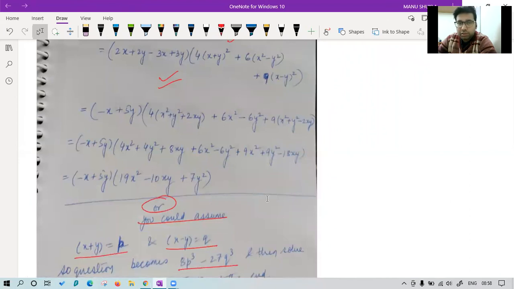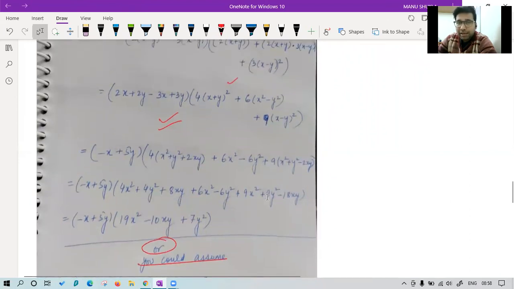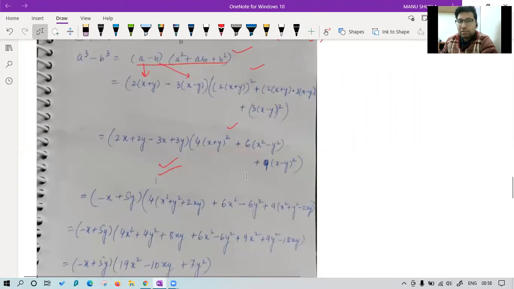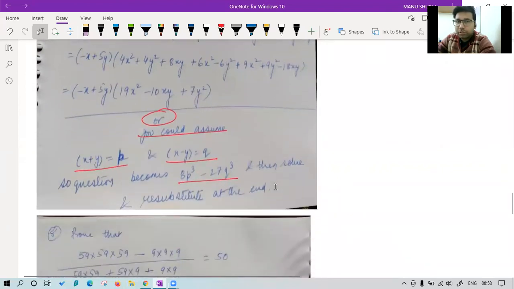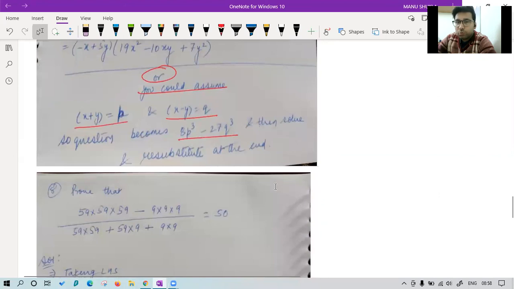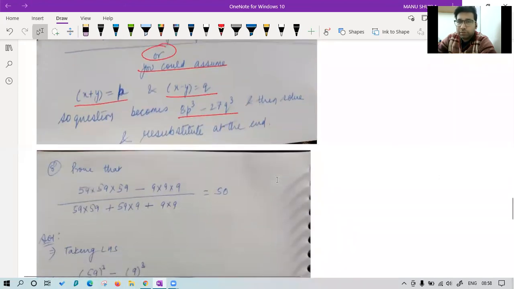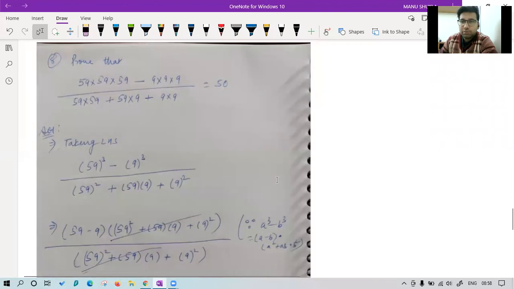Yes, the solution part is not that easy. It is quite lengthy to solve, but with practice, and the main thing is you have to maintain some distance between the steps. The more clearly you write, the more the chances that it will be a correct calculation. If you write in a congested way, then the chances of mistakes will be more. So keep this in mind. Whenever you are solving a complicated question, don't think of space. Give them a lot of space so that it is easy for you to see the things.